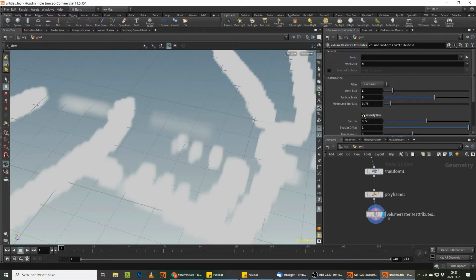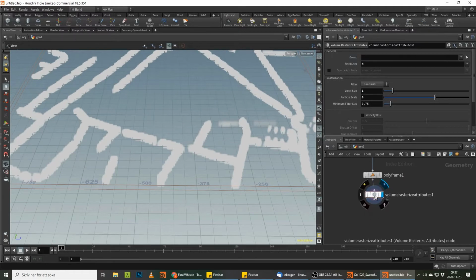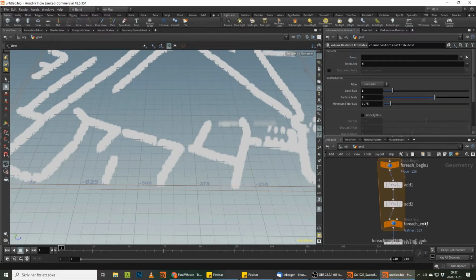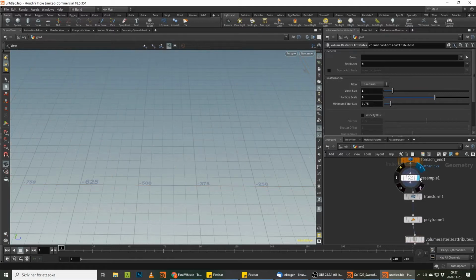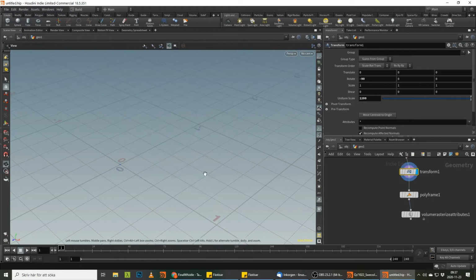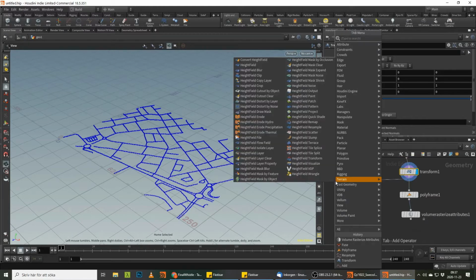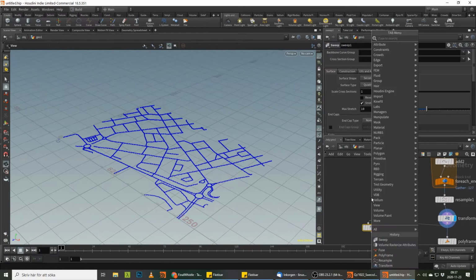We could try a velocity blur, but then we have to rename it, so we don't care about that. So that's good. But in order to trail this or see what we actually have here, we maybe should move on and also have our road, so to speak. So what we can do is take our sample here, or after the transform, we have this big thing. So we could drop down a sweep here,